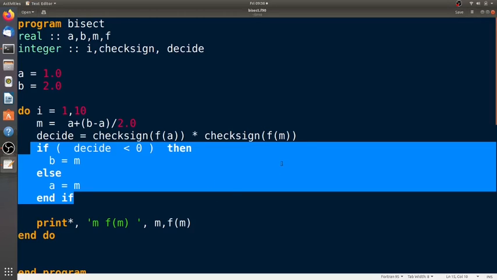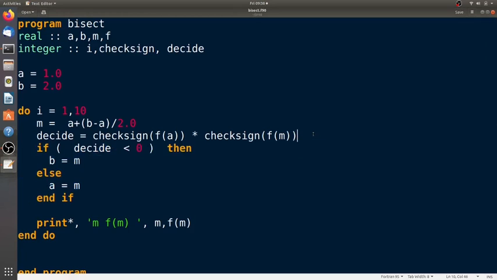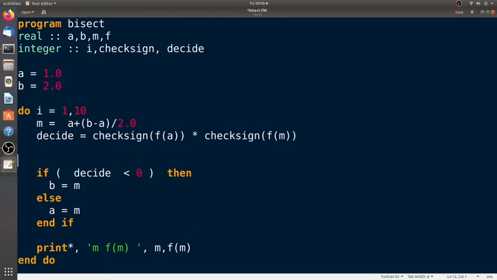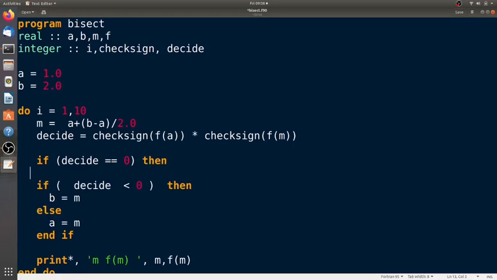I could go on and use the if then else if, but I'm just going to put it in two clauses here. If decide is exactly 0, which is the thing that's going to determine whether or not I've landed on the solution,